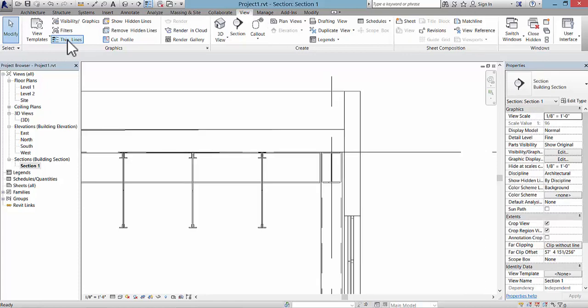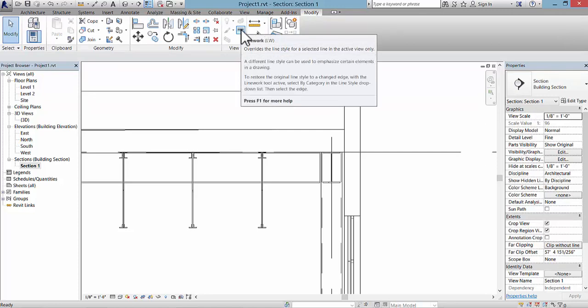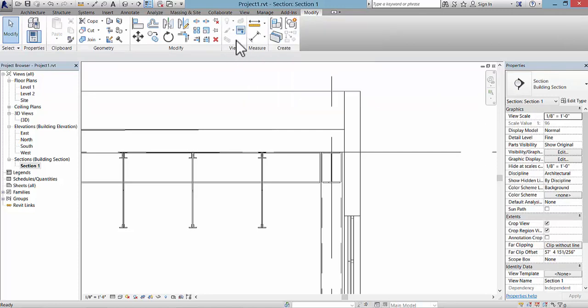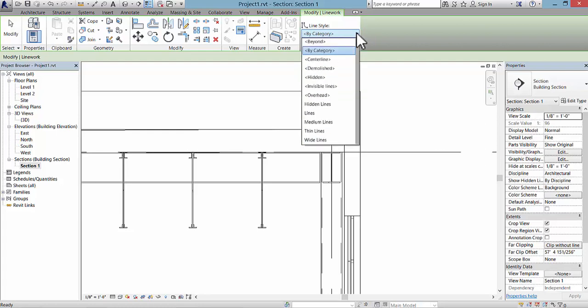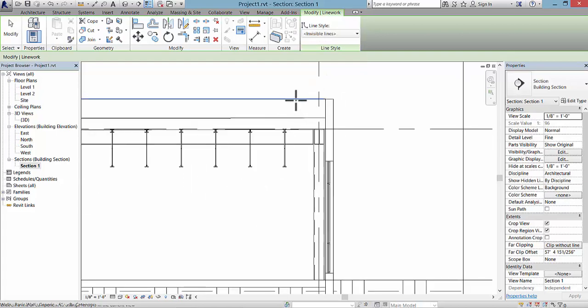And then on top of that, in the Modify tab, there's a tool here called Linework. If you click on Linework, which is in the View panel of the Modify tab, you'll be able to change the line style to something like maybe hidden, or invisible. That would be even better, invisible lines, because this parapet is showing in the distance,